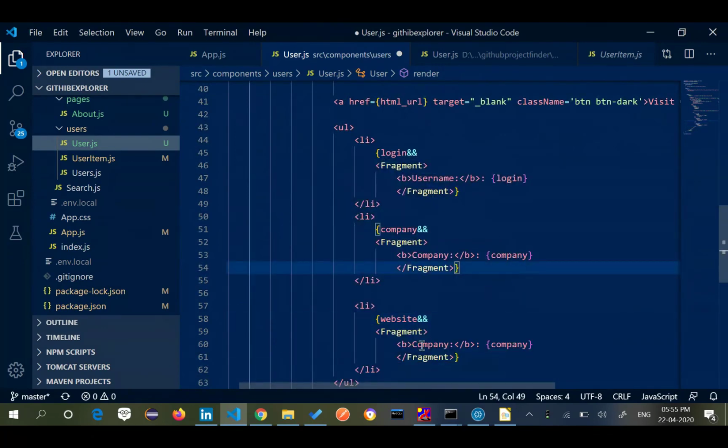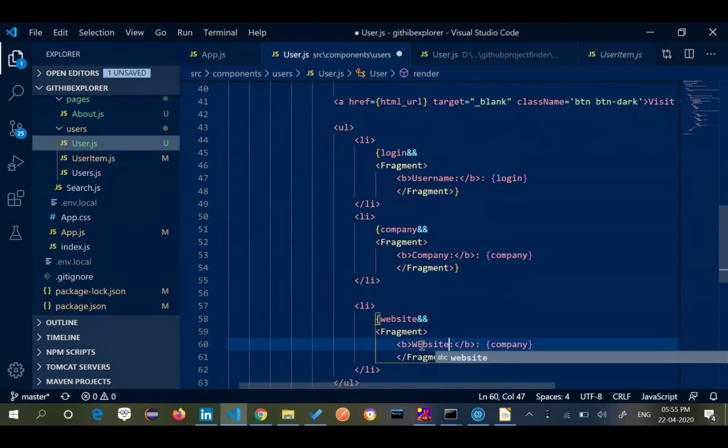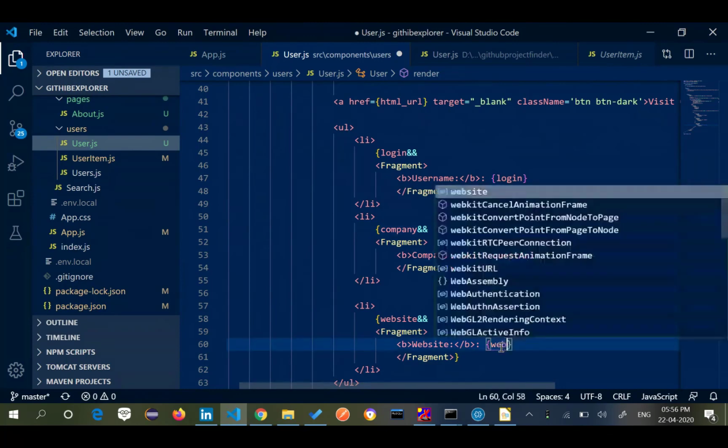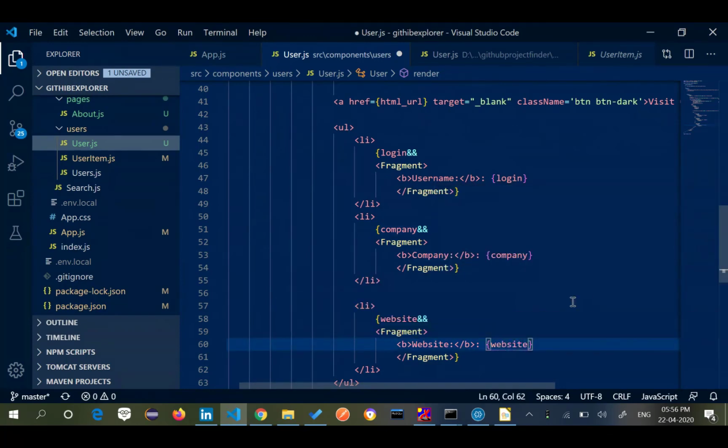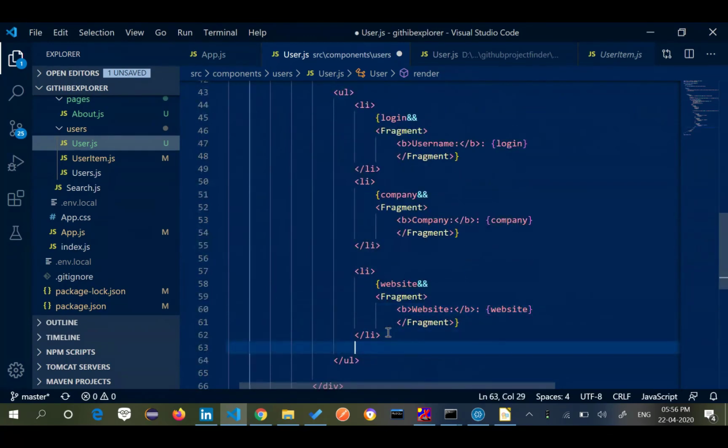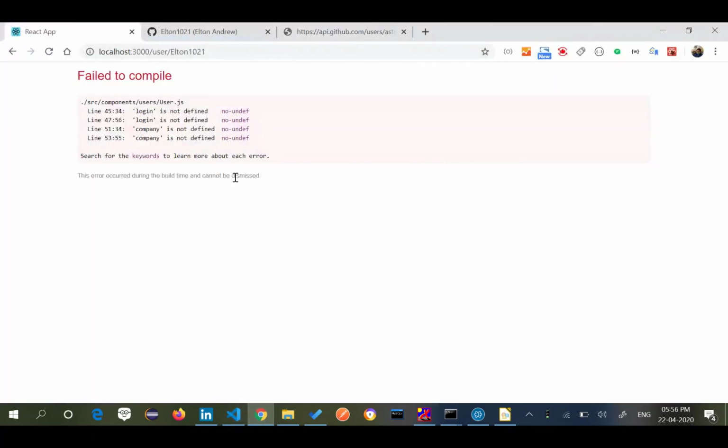Website, site. See the account: login, and company is not defined.